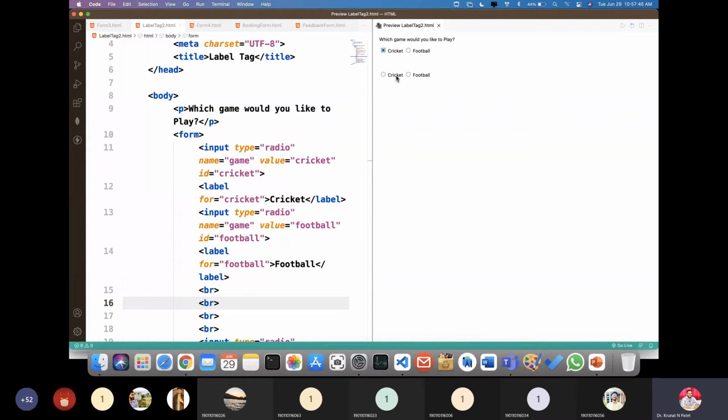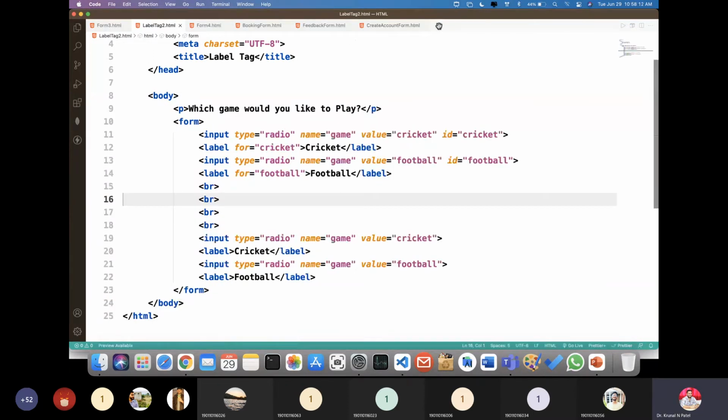In the below one, if I want to select football, then compulsorily I have to click on the radio button. You can see compulsorily I have to click on a radio button. But in the first case, even if I click on the text, I am able to select. You can also select the radio button, or you can click on the text and do the same thing, right?